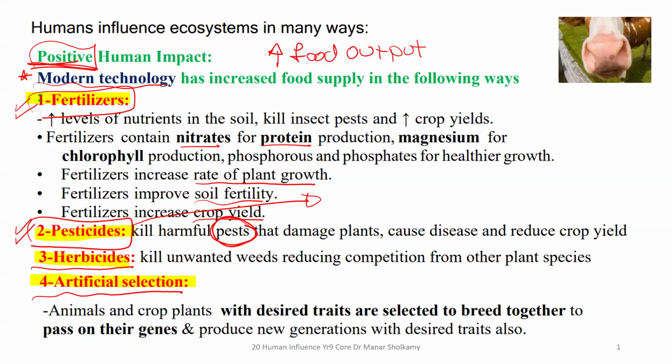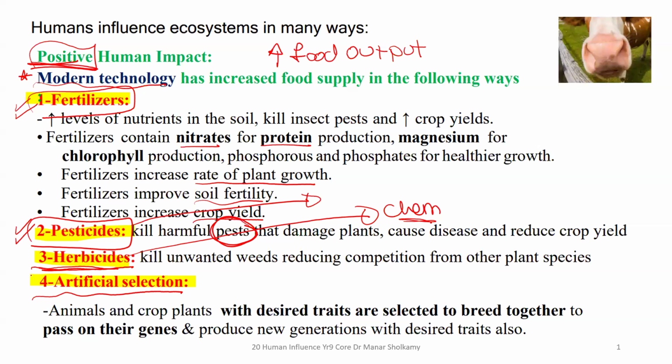Now, the herbicides, we took herbicides in the lesson biotechnology. These are also sprays that kill unwanted plants or kill herbs. Now, again, herbicides are good because they increase crop yield. But herbicides are chemicals, and chemicals are never good. Chemicals will be absorbed by the plant, you will eat the plant, so this herbicide will enter your body. It causes diseases, it causes allergic reactions, it causes cancer. So these are the disadvantages.